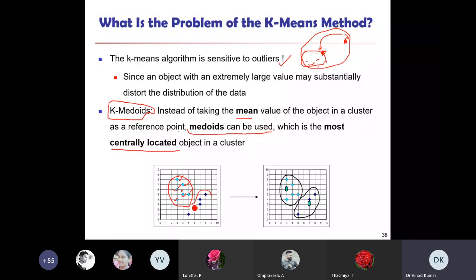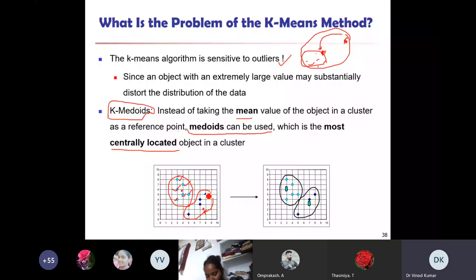Similarly for this also, if I calculate the mean value, maybe my mean is coming here. So this is a new point that I added, but I don't want this to come. No new mean point is to be added here. So what is it in Medoid? We will use this or this or these, any of the elements or objects which is most centrally located, that will be treated as a mean point. So this is the difference between k-means and k-medoid.